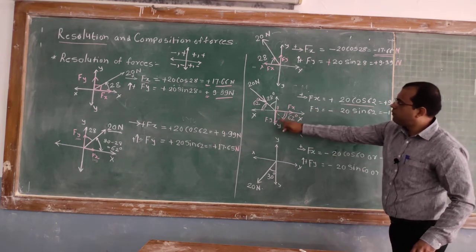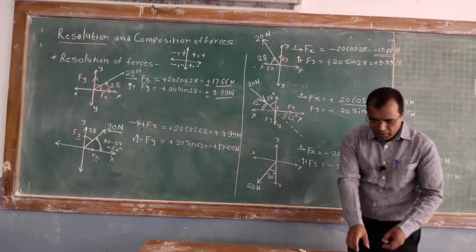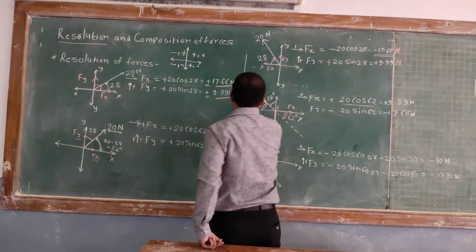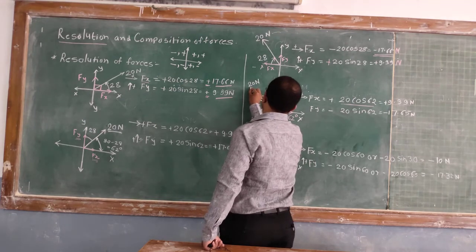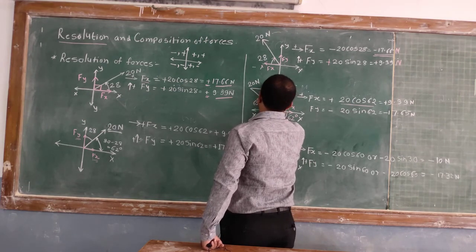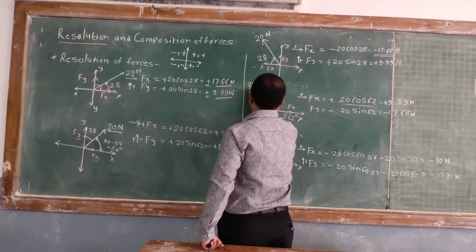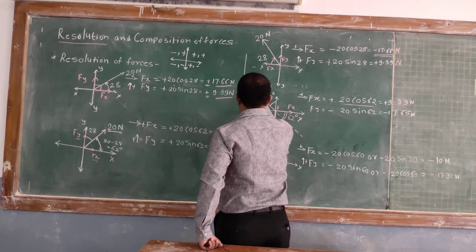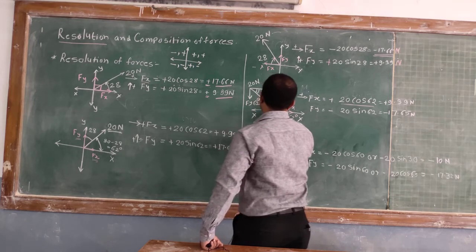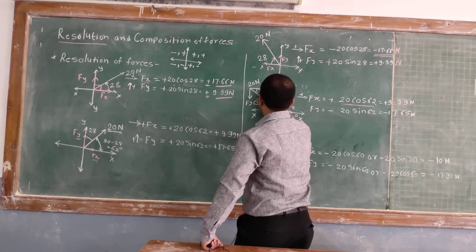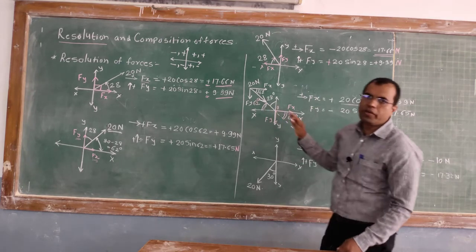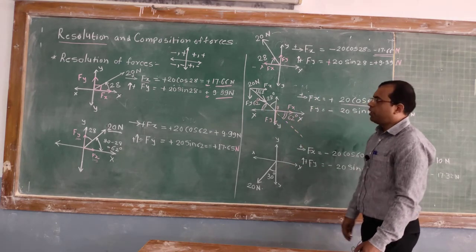So instead of like this, you can show the components like this also. Here also you can show the component. If you want, you can resolve the force here itself. So this is also the f of x component, and you can show here also f of y. Because this angle we are able to find out, as this angle is 28, this angle becomes 62. So this method also you can utilize while solving the numericals.